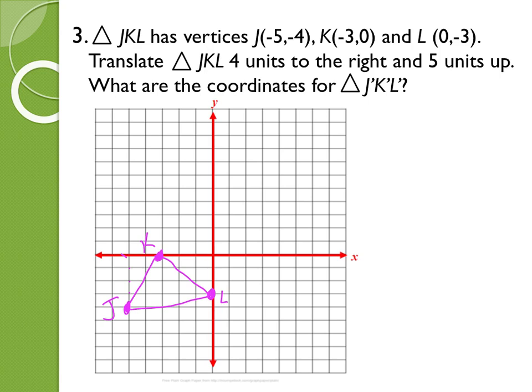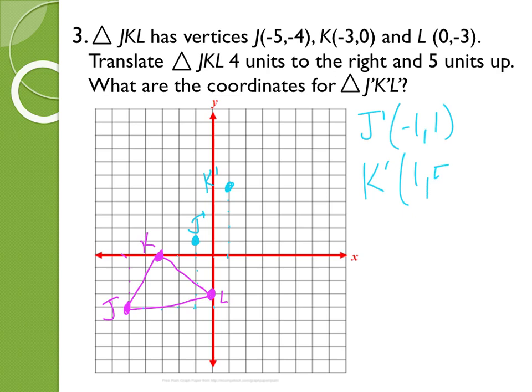And I'm going to translate triangle JKL 4 units to the right and 5 units up. I'm just going to start with the very first one, J. So 1, 2, 3, 4, 5. Oop, supposed to be 4 units to the right, sorry, and then 5 units up: 1, 2, 3, 4, 5. J prime is at negative 1, 1. Then I'm going to do K, 1, 2, 3, 4, then 1, 2, 3, 4, 5. K prime is